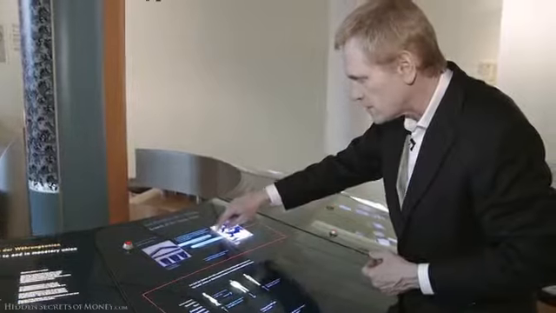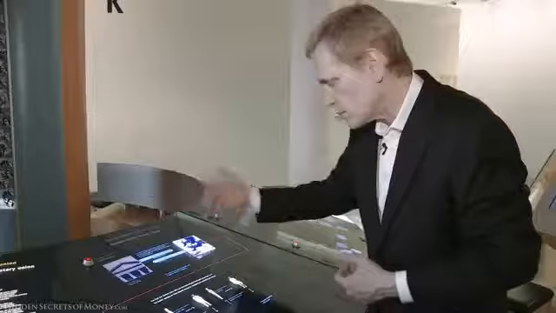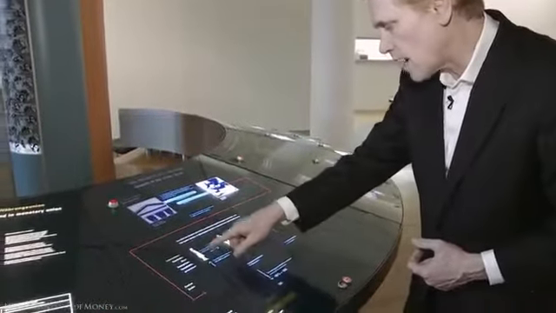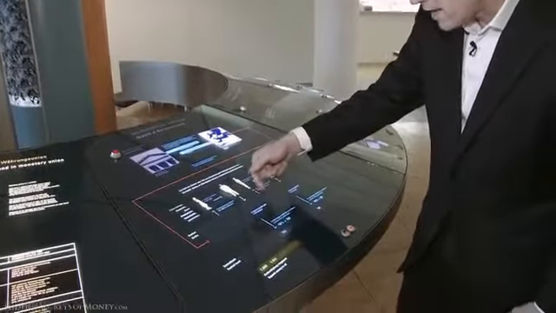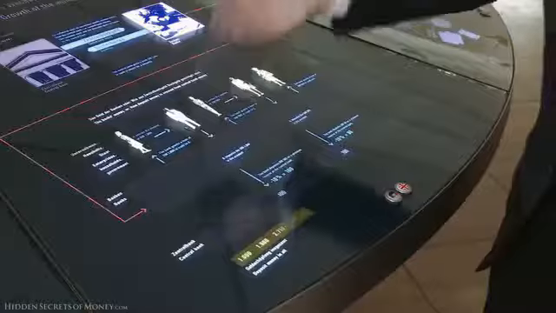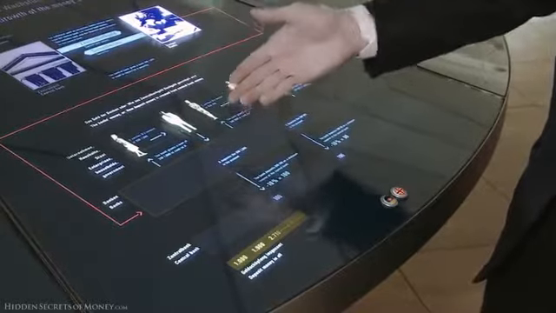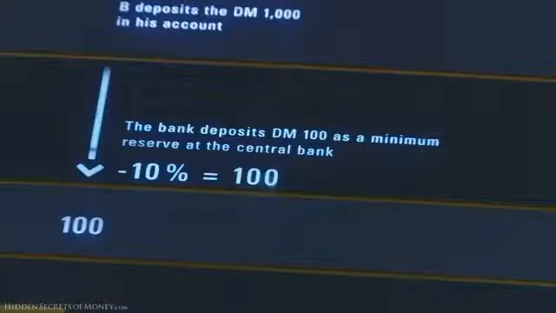The central bank writes a check and the Treasury issues a Treasury bond, which is an IOU, and that creates currency, and then somebody is paid, it gets deposited into a bank account, and of the 1,000 marks, they withhold 10%. So right here, they're already telling you that his bank account is a lie. He deposited 1,000 in it. They only withhold 100 in case he wants some of that.